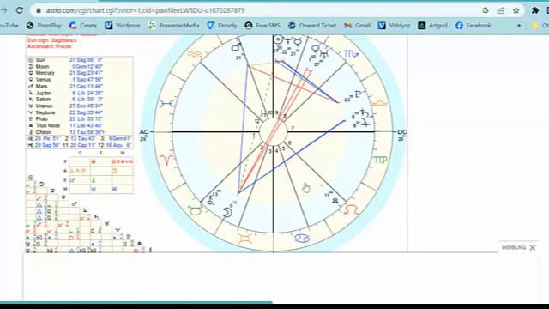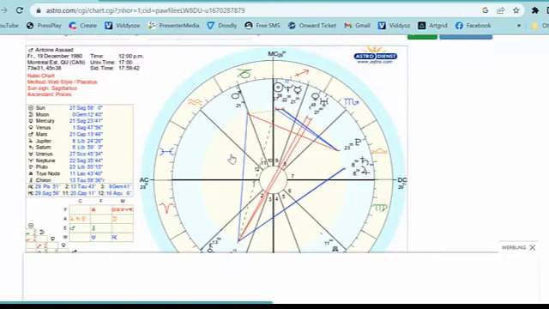There are 6 houses below. So 1, 2, 3, 4, 5, 6. So 11th in the South. The North is in the 5th. And Chiron looks like that. It is right here in Taurus. So you can use both to see